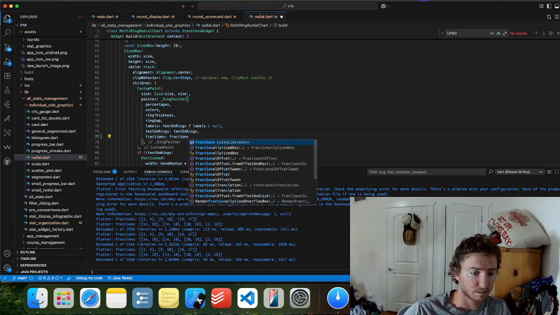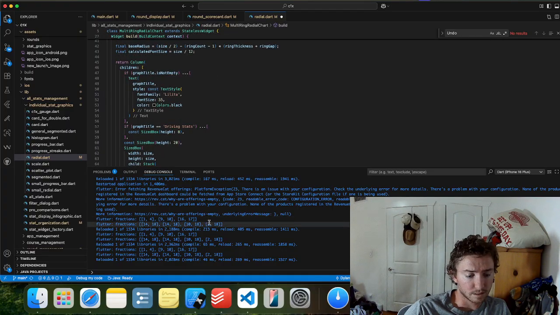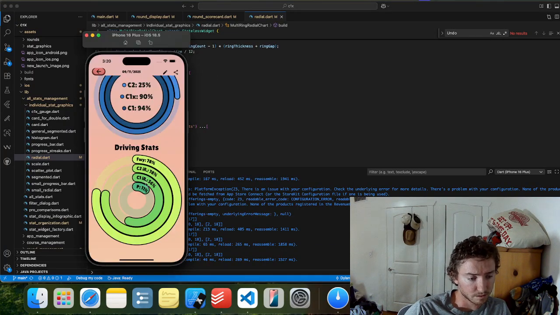Fractions. And they are required there anyway, so let's do an update here.